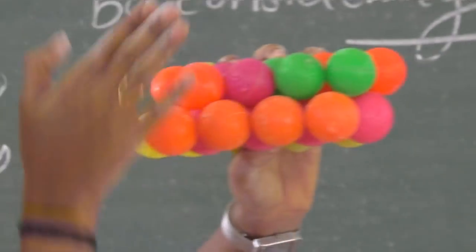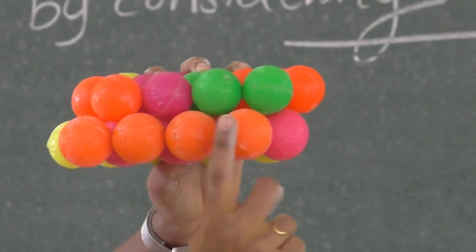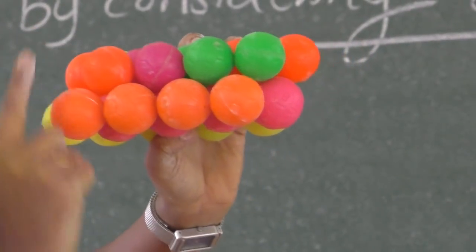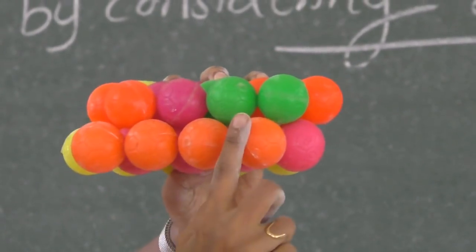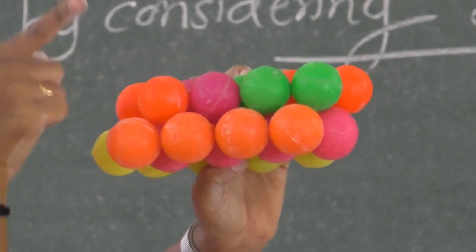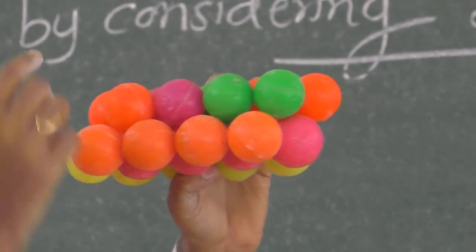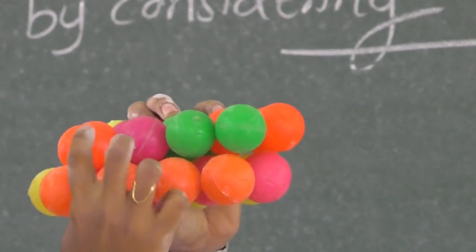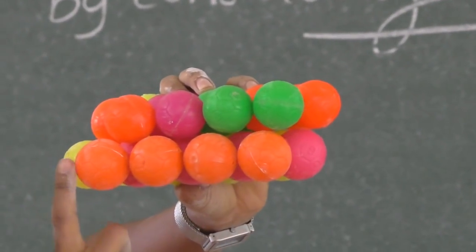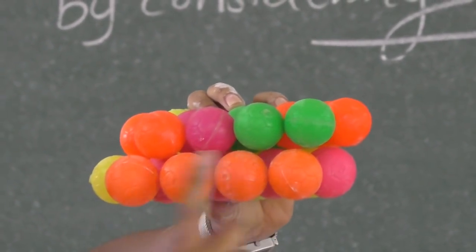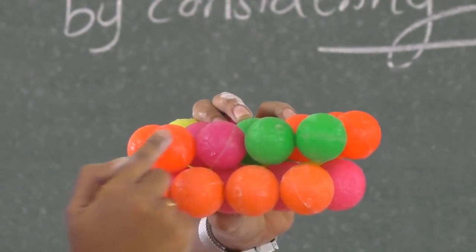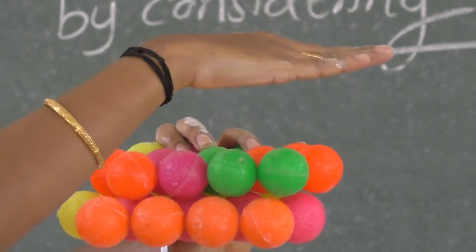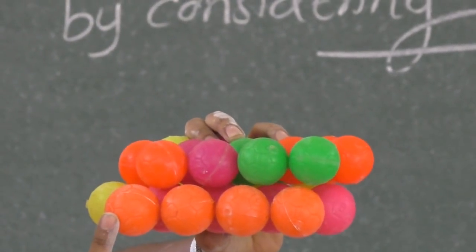So this is a three-dimensional structure now. See, this is length, breadth and height. There are three axes or three directions, x, y, z. So a three-dimensional structure. Here this is the second layer. If you consider the first layer, this is A type, let it be A, and these are the B type, so A, B. Now one more layer if I keep here, it will be like A.